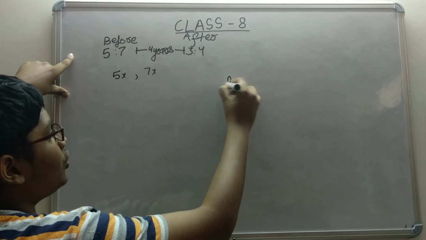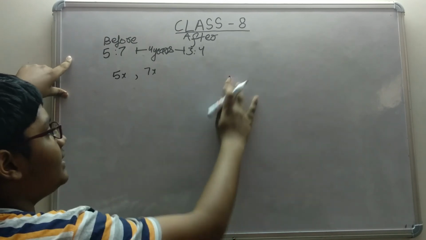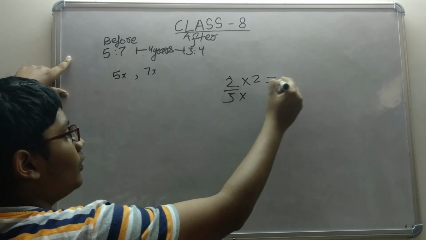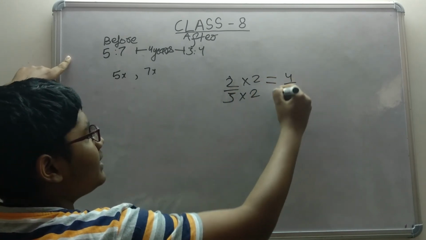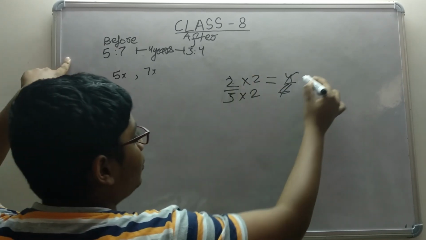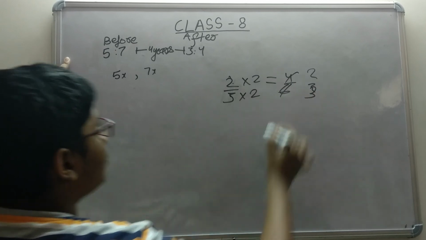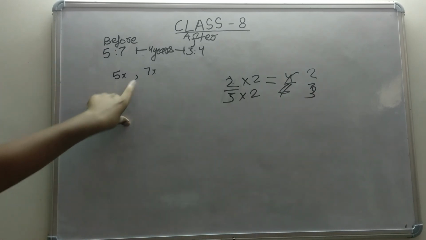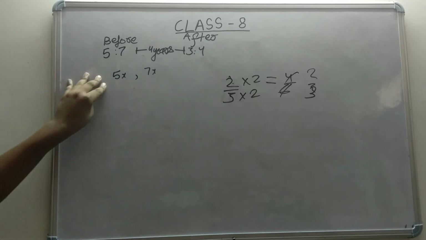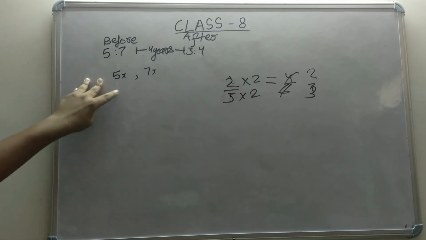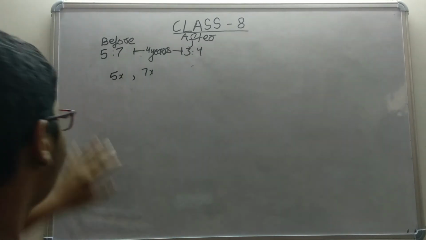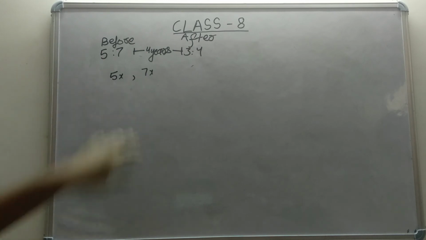Since it is a ratio, as I told you, for example if I have a ratio 2/3, I multiply both by 2, I get 4/6, it's the same ratio 2:3. So I multiply both with x, because 5 and 7 are not the real ages, obviously. So we will consider them as 5x and 7x. So as we were discussing, the ages will be 5x and 7x.